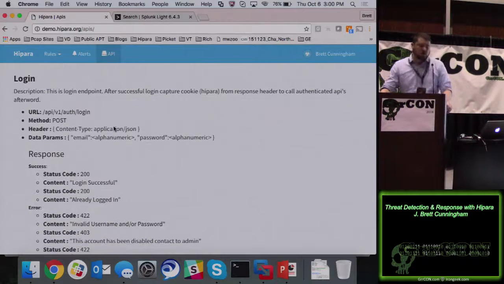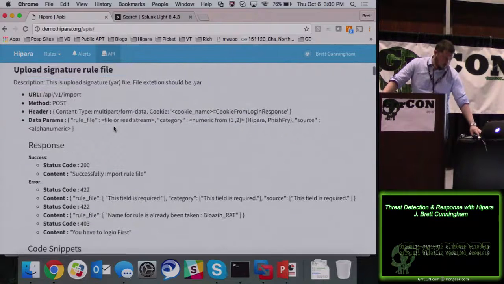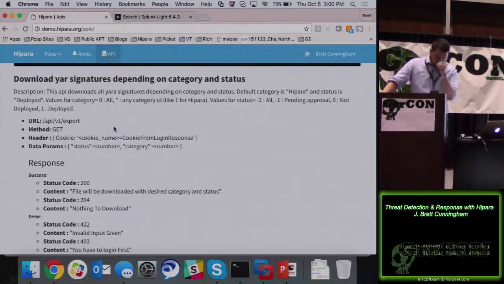And then anything that you can do within the user interface, you can do with the API as well. If you want to upload, like I mentioned, there's 1,000 YARA rules in that one GitHub repository. That's going to stink going through the interface trying to upload them all. But you can do this purely by scripting it out. You can also take a look at your deployment status for each signature, seeing which ones are deployed to the host, which ones are pending approval, and